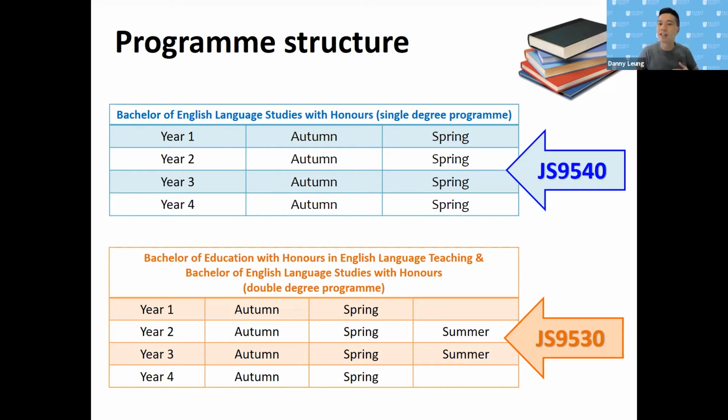You will be able to step into society to start earning money, to start your career 1 year faster than your classmates, your friends, other students doing double degree programs elsewhere in Hong Kong. So that's actually, I would have to say, a highlight or an advantage of this double degree program. It takes only 4 years instead of 5 years for you to complete.